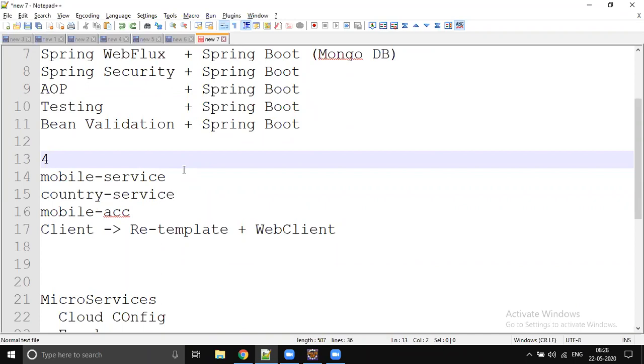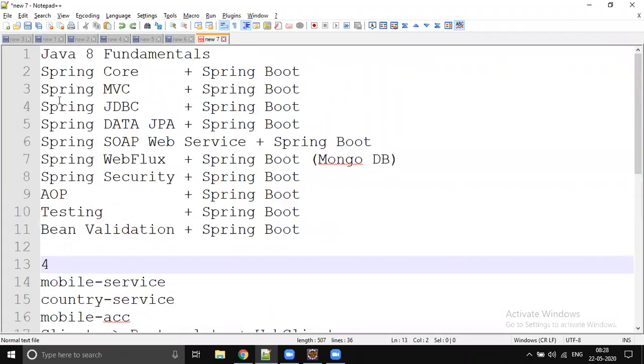And when you send the request, what exactly happened, that is the tracing. And if anything goes wrong, the circuit breaker, the automatic fault handling mechanism, the fault tolerance. That is what we're going to learn in microservices.